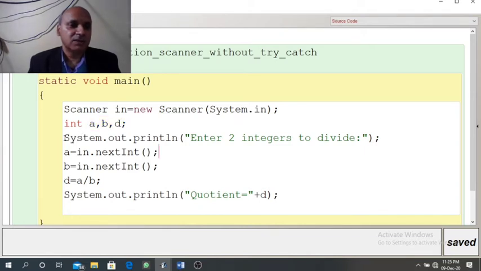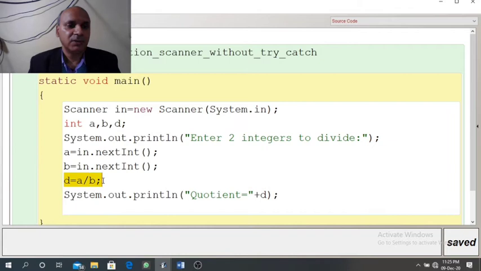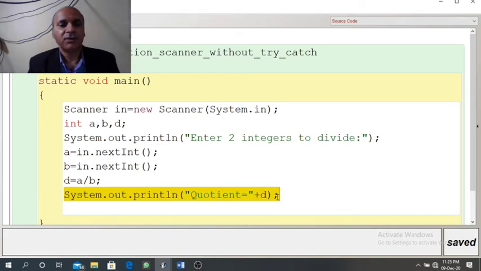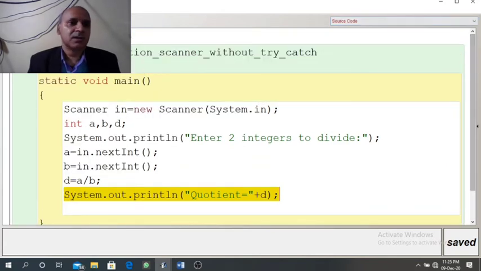So first we need to accept two values from the user in A and B. Now D equal to A by B, which will receive the quotient. Then we are printing the value of D. This is the sample program. You can see this program is compiling.